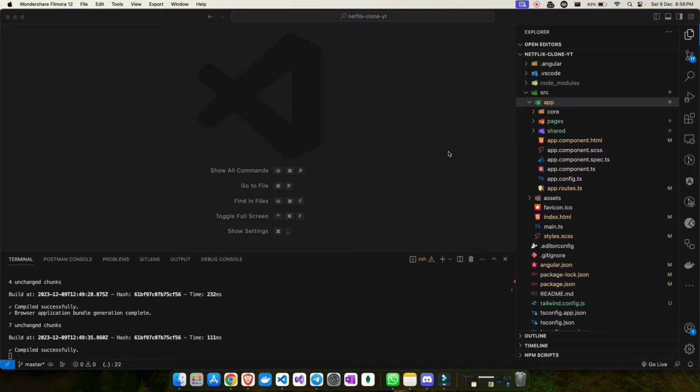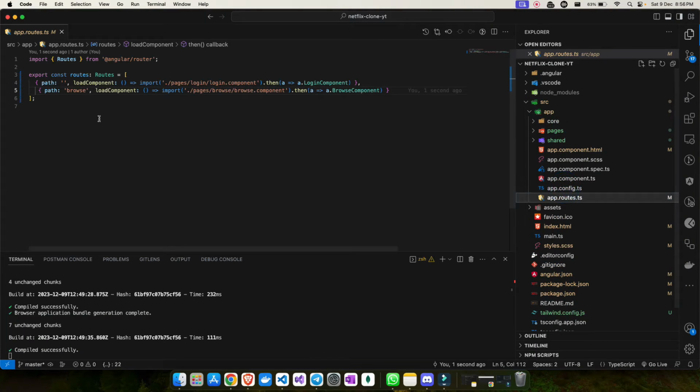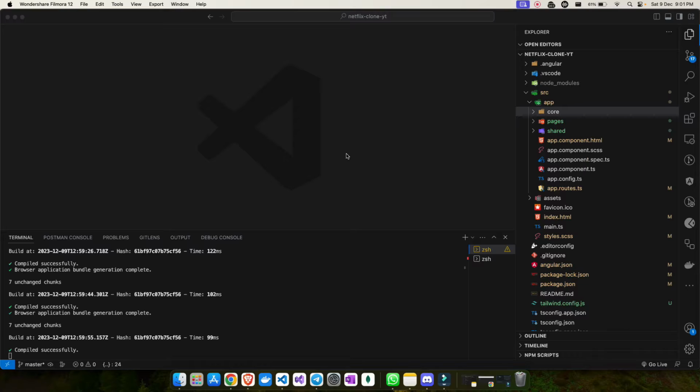Alright, so just one thing before that: whenever I was moving the folder, one thing to note is that the path was getting corrected by Angular by default, because it asked me a question, do you really want to replace the path imports as well. So I said yes, so that's why I was not getting any error whenever I was moving the folder. Okay, so make sure that whenever you change the folder structure, you also make it correct wherever you have imported it. Okay, so once that is done, we'll start with the creation of the components.